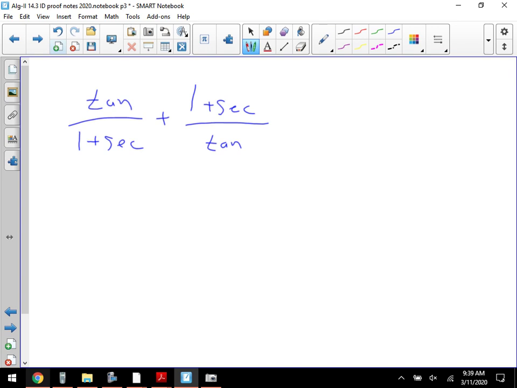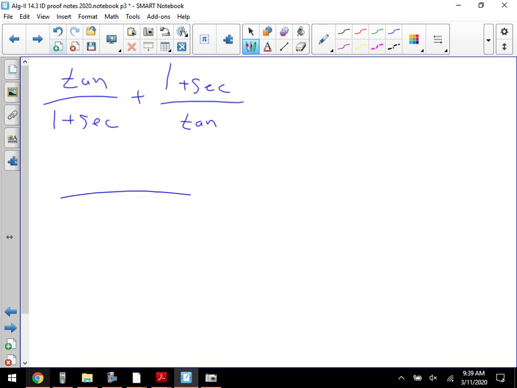This one is the more complicated one. This one does take a little bit of space. Not to say that somebody else might have found an easier way to go about it. I saw that I could make this into 2 separate complex fractions, but that just seems like it would be an awful idea. So what I did is I just went for the common denominator right off the bat. So when I do the common denominator, I'm going to have a 1 plus secant and a tangent